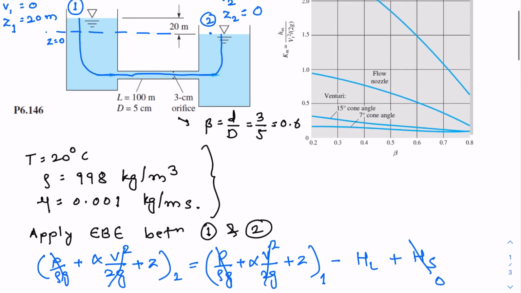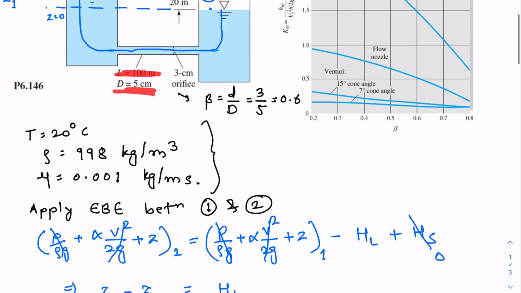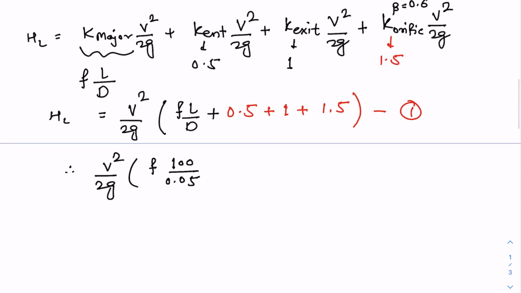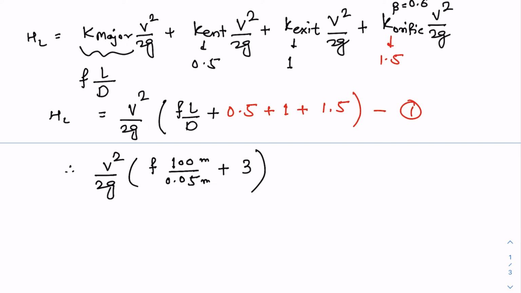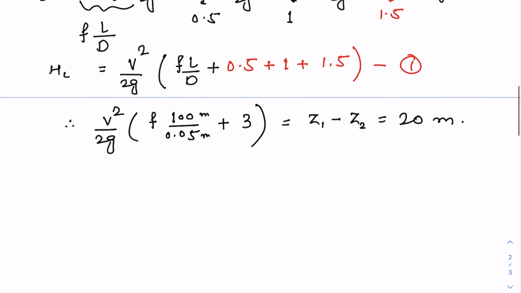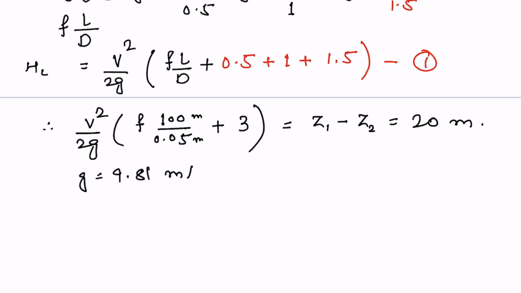The length of this section here is 100 meters, and the diameter is 5 centimeters, which is 0.05 meters, plus if you sum these K values, you'll get 3, and this is equal to Z1 minus Z2, which is 20 meters. So if you solve this and substitute G equal to 9.81 meters per second square,